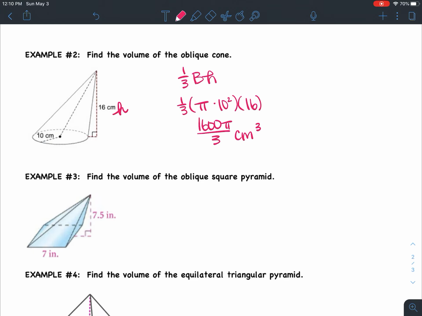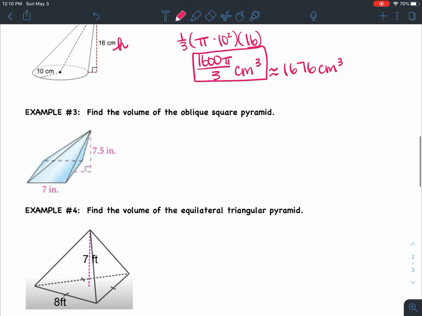And then if you want to, you can go ahead and change that. It doesn't say to round it, but just in case you needed to, it would be 1676 centimeters cubed. I would stick with the exact form